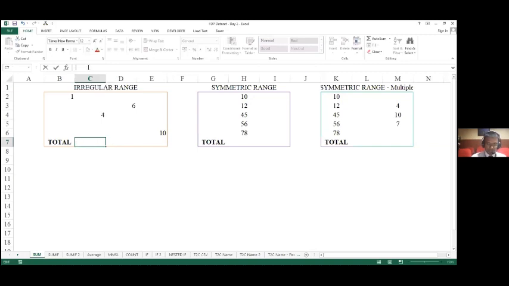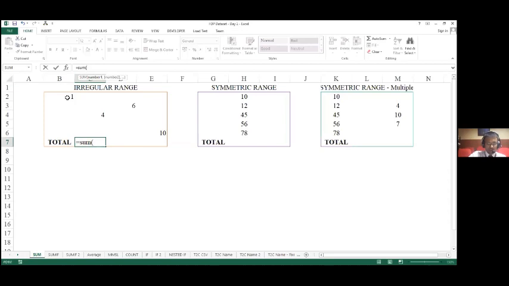So I will start from the beginning once again. To carry out the formula for summation, we use the operator equal to. The moment we use it, Excel understands that I want to call a formula. Now I have to type in the name of the formula that I want to use, which is sum. Then I open the bracket. Now I have to define the numbers one by one for which I want to carry out summation. The first value that I want here is from B2.